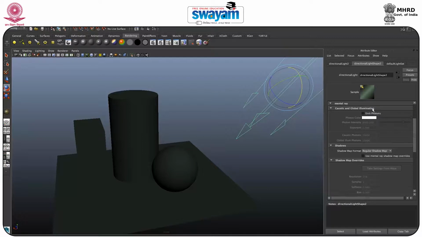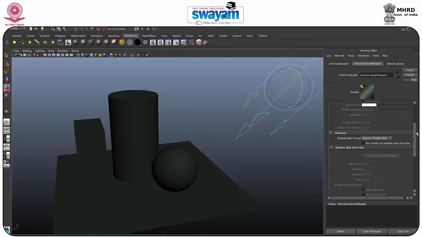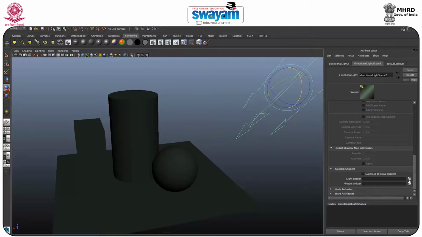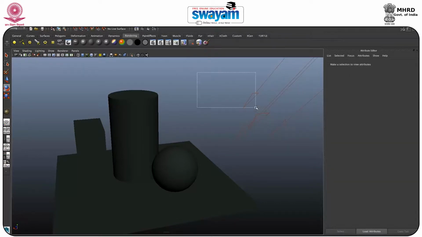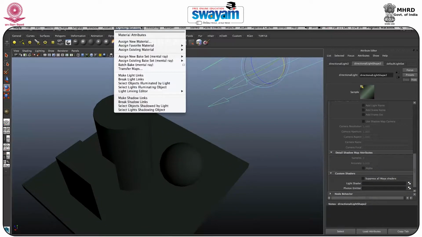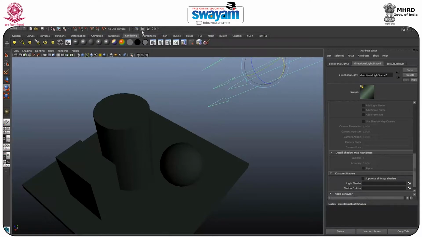We will discuss this in detail in later lessons. So here you have the shadow. I will just select use mental ray shadow, and also you have the custom shaders, so we don't require this. As you can see, if I select and just have a render,